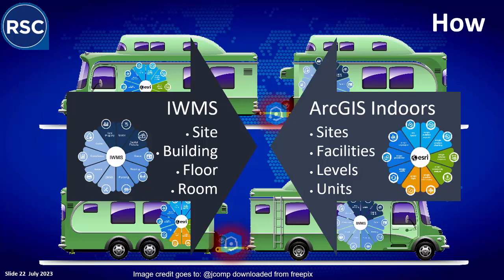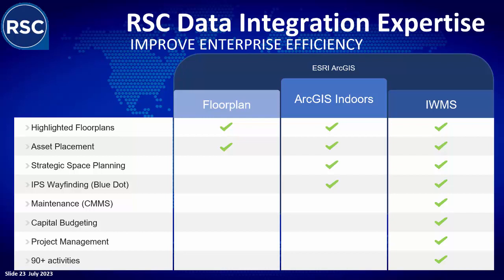So traditionally, there's about 3 ways to go at this. What you've done traditionally is you've done floor plans against ArcGIS. So you take a floor plan in, and you can highlight the floor plans, you can place people, you can place assets, and that's all good. When you get ArcGIS Indoors, it will allow you to add things like strategic space planning, plan moves, and plan tenant improvements and changes. You can also do indoor positioning system, or wayfinding, or what we call blue dot, which allows you to travel from A to B on your phone, showing you the pathway that you can use. If you include an IWMS system, we can then include the CMMS system, capital budgeting, and project management, and the 90 other activities we showed earlier on the